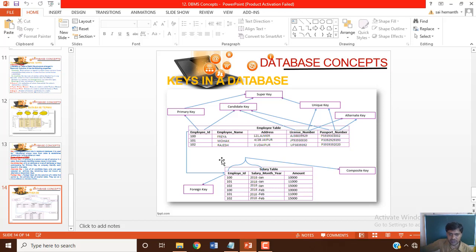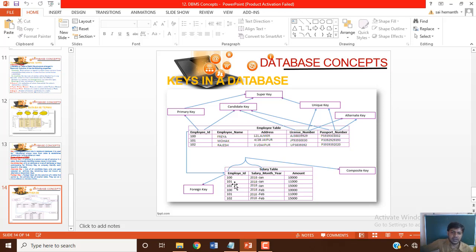You can see clearly in this salary table that employee ID is common, but the values 100, 101, 102 are repeated: 101, 100, 101, 102. So the foreign key accepts multiple values. But in the parent table, the same column will not accept duplication, because it was represented as the primary key.